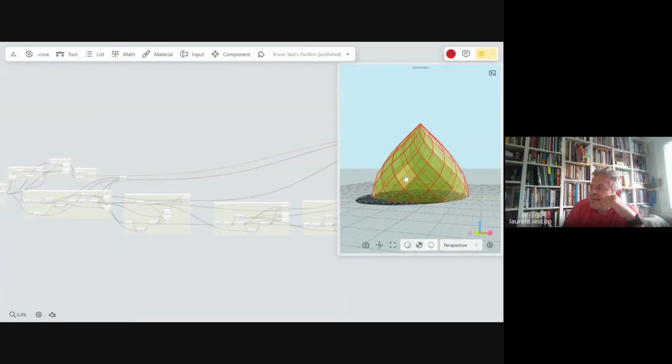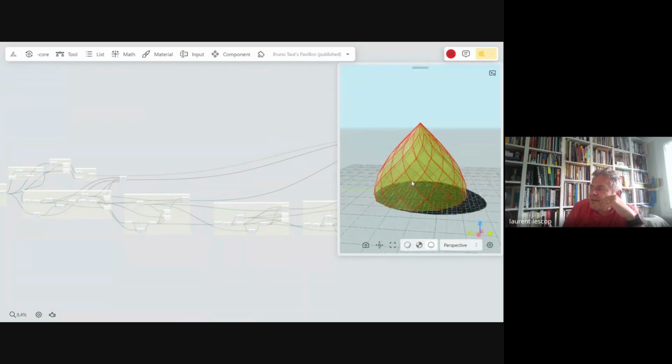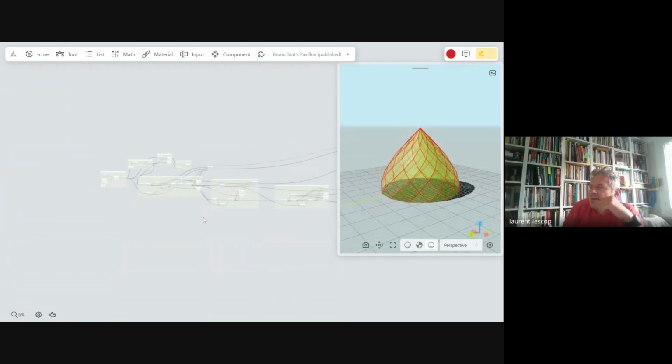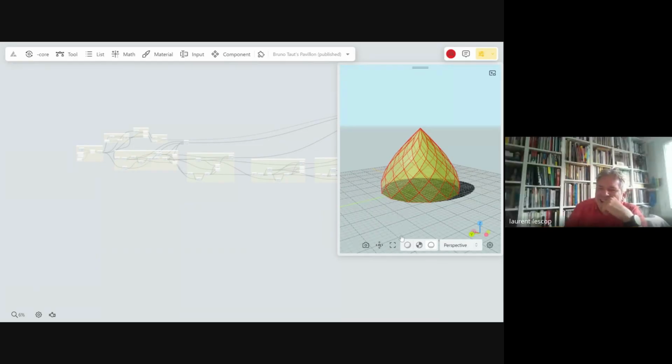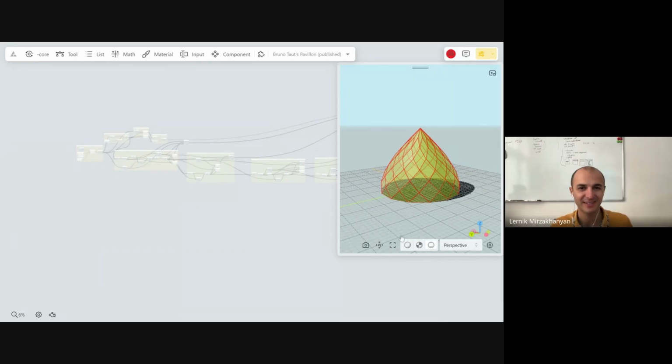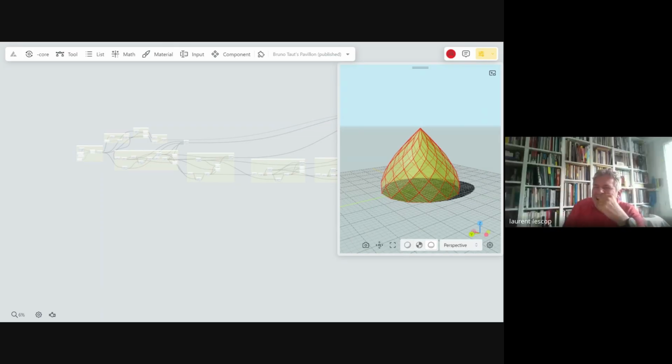Every piece is flat here, so it does work. I remember when you started doing this pavilion back then, before we had data trees, and it was quite complicated to do that, but you still found a way out of it. Yeah, I had many attempts before, and then data trees was really something helpful to do it.